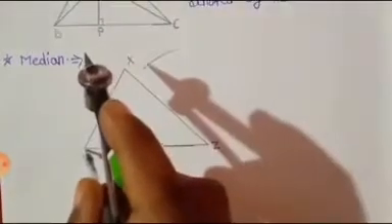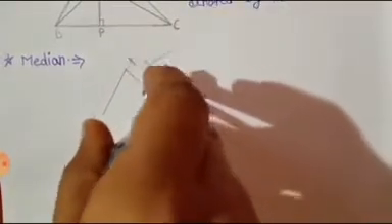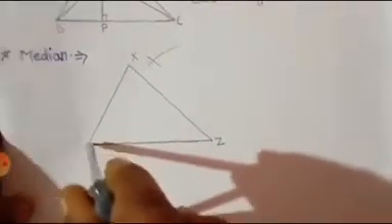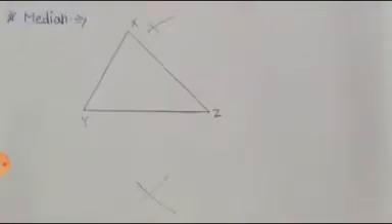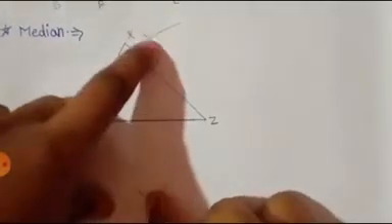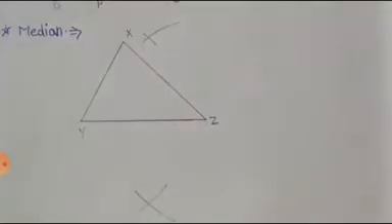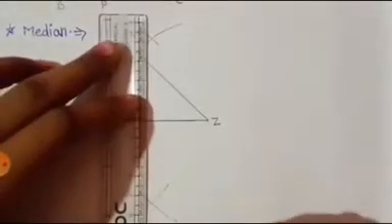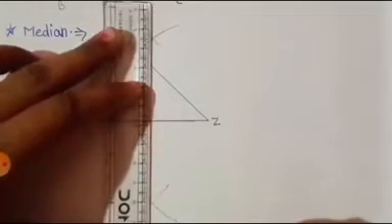We can draw the upper arc and lower arc. Put on y, again upper arc and lower arc. We can get the 2 points. First of all, we will take one base, take more than half of that triangle base, and one time put on z, upper arc and lower arc, another time put on y, upper arc and lower arc. We will get the 2 points. Now join these 2 points.